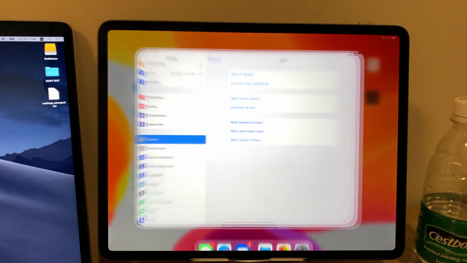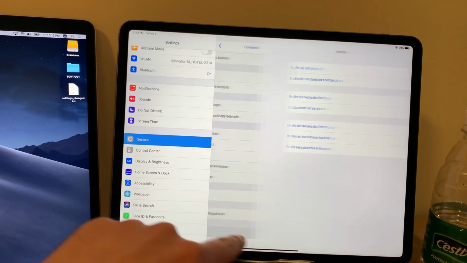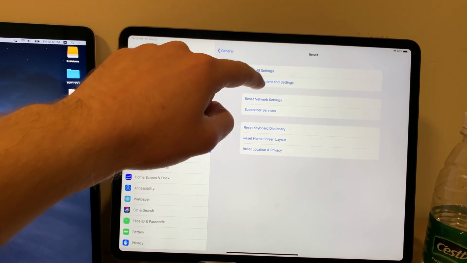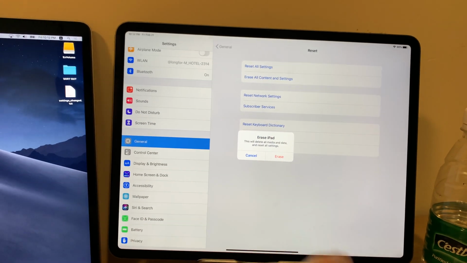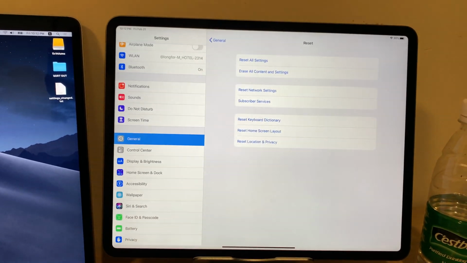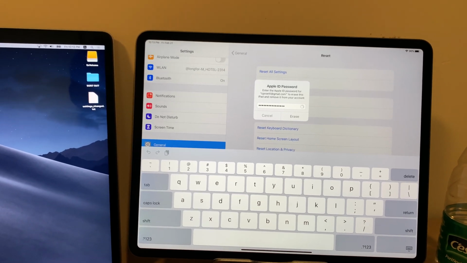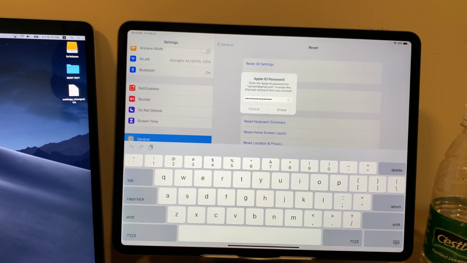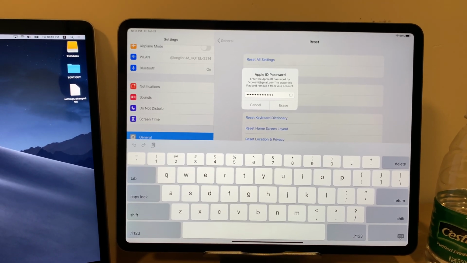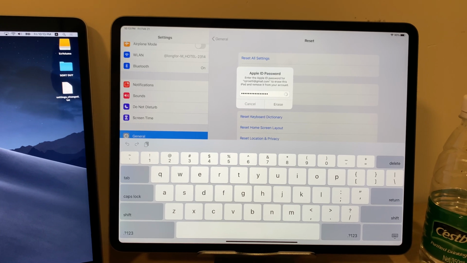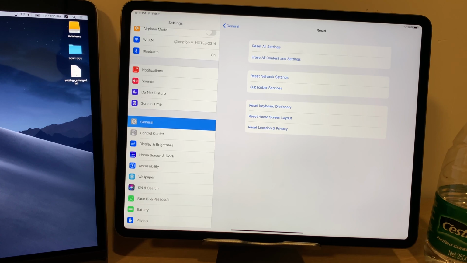Okay, so the iPad's finished syncing the photos. So I'm going to go to Settings, General, Reset, Reset All Content and Settings. I don't need to back up anything. There's nothing on here. It's all in iCloud. Erase. So, I've got to type the password in. Okay, so the iPad will just restart, and when it comes back on, it'll just be like a brand new iPad with nothing on it. So, yeah, but the point is, this will solve the issue